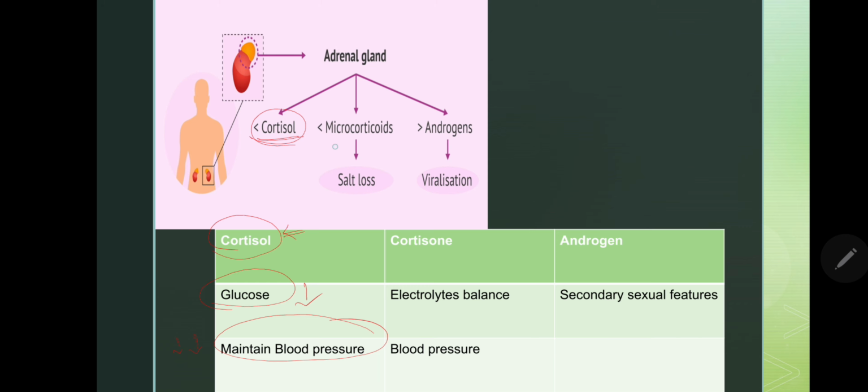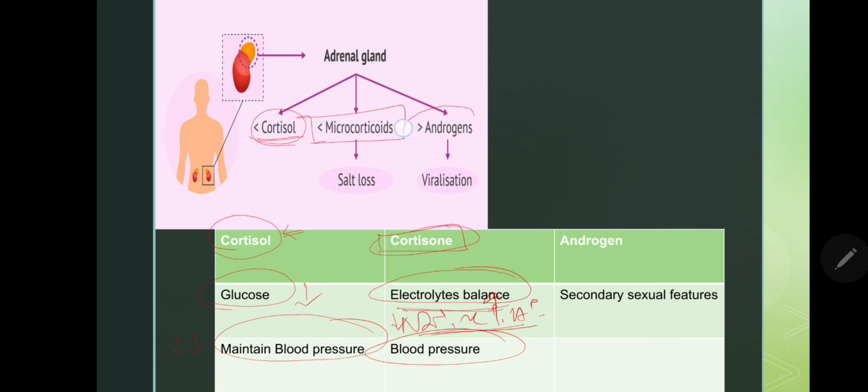The second one is the mineralocorticoid, that means aldosterone. This hormone mainly maintains the electrolytes in our body, that means sodium, potassium and hydrogen ion. So when there is a decreased amount of this hormone, there is a loss of sodium from the kidney, causing decreased sodium, increased potassium, and decreased blood pressure. So this hormone mainly maintains our blood pressure and electrolytes and also our pH. So when there is a problem with this, there is also metabolic acidosis.